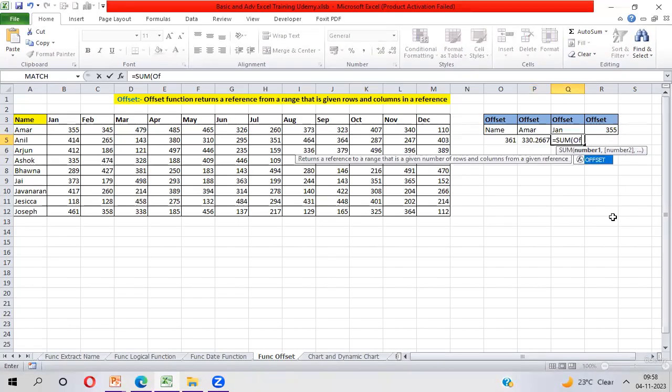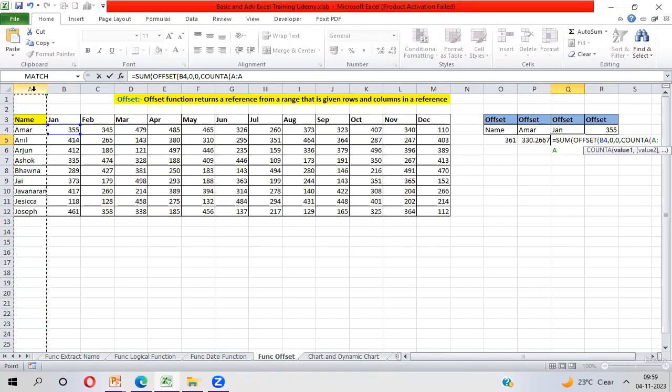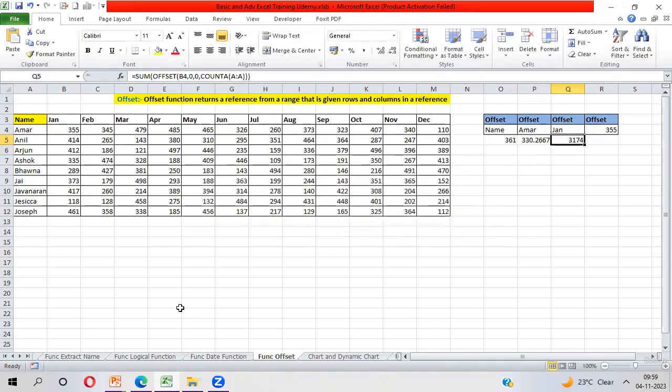So now I'm taking a reference of OFFSET. Here I'm taking the reference of A3. If I want to take B4 directly, there is no need to move row or column. Now I want to take height, and I want to make height dynamic. So you need to apply the COUNTA function here. With COUNTA, you can count the data from column A. I have taken the complete A column reference, bracket close twice, and enter. What value am I getting here? The output of this count is how many data are in column A.